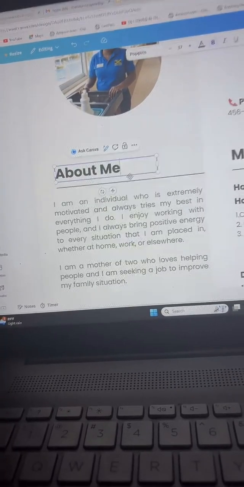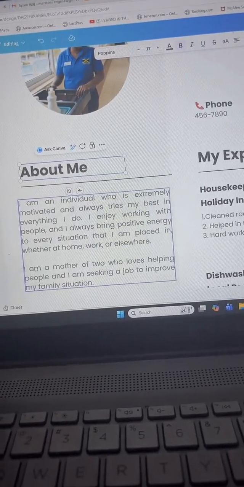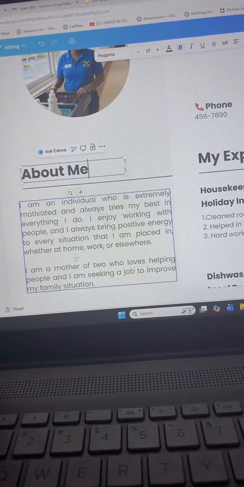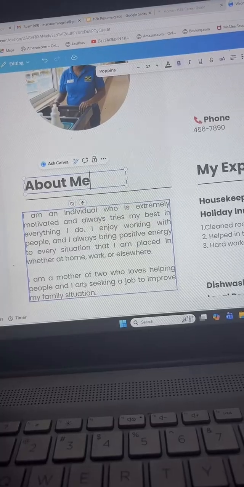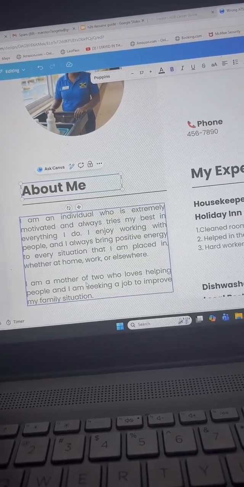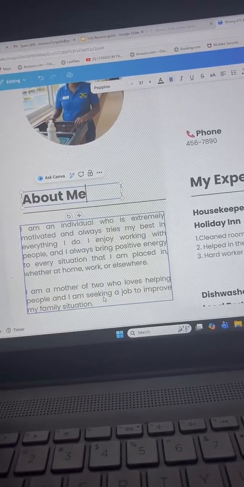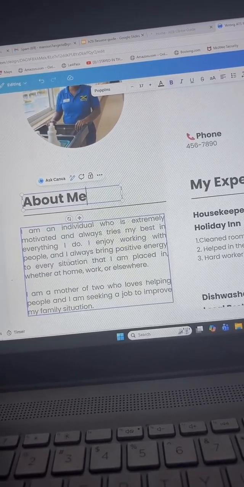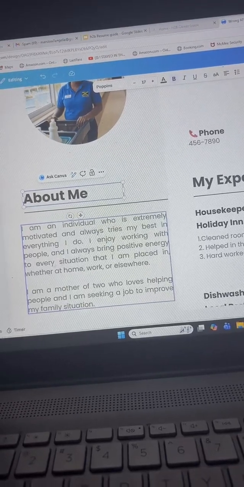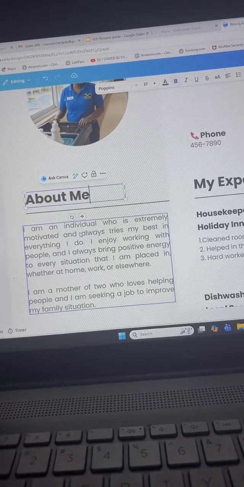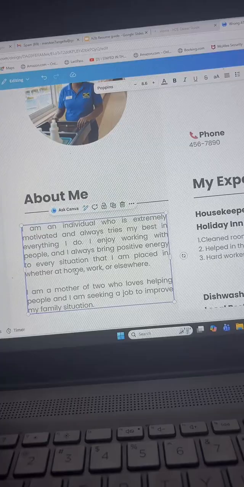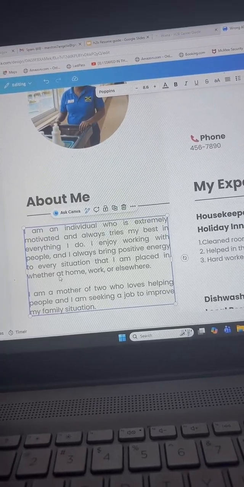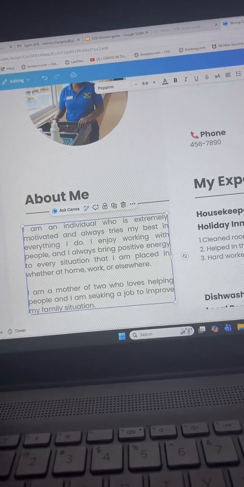This should basically be labeled summary, and if you read the summary, it's very unprofessional. It's too personal. This person is basically telling that there is a mother seeking a job. This looks desperate. It doesn't show me what job position you are searching for. Ensure that your summary tells what job position you are searching for. You can also put how much experience you have as well.